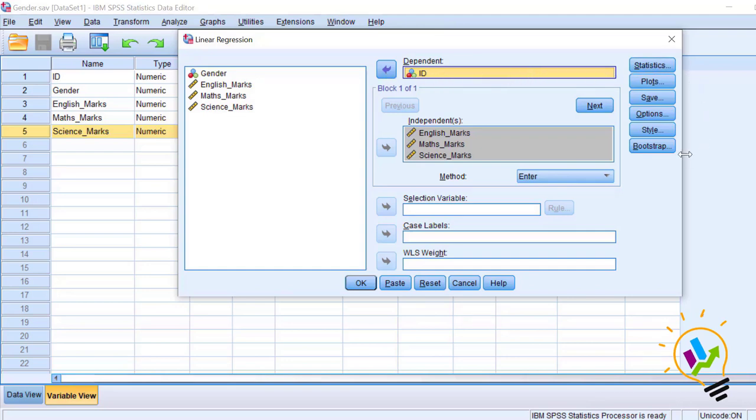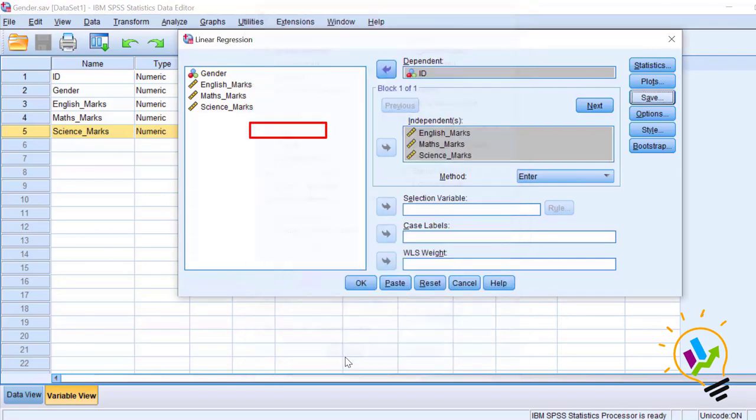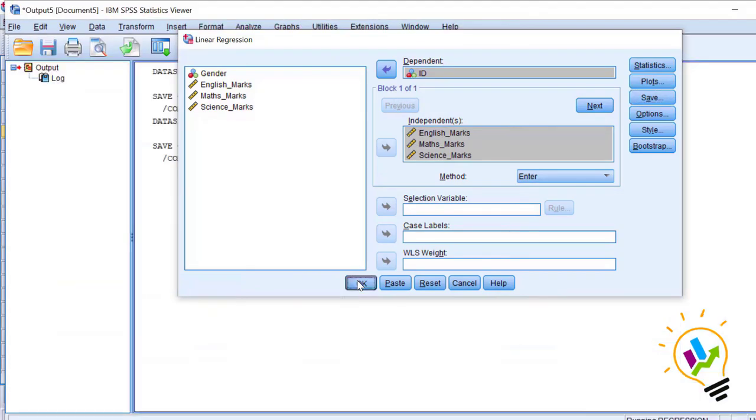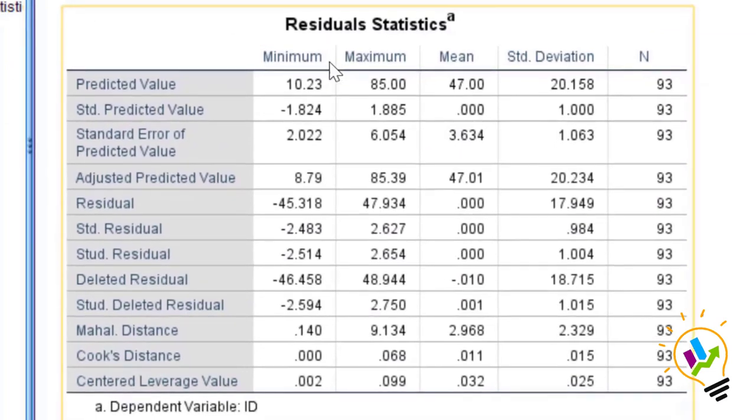In this, select the button save. Here, directly select only the distance which is called Mahalanobis. Select this button Mahalanobis, click continue and click OK. Now in the output, directly you see the table residual statistics.